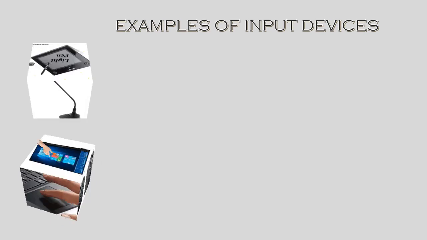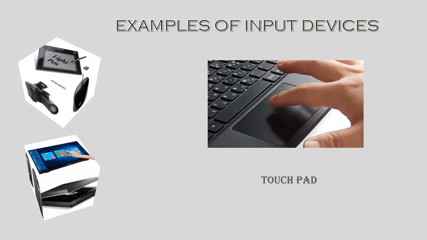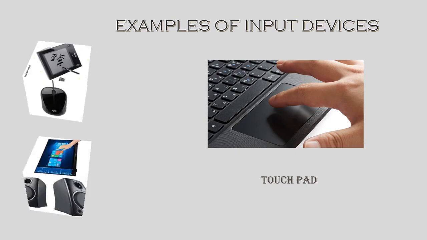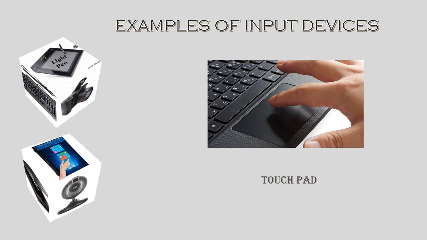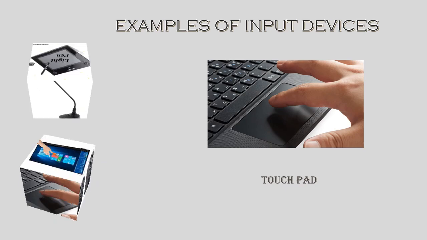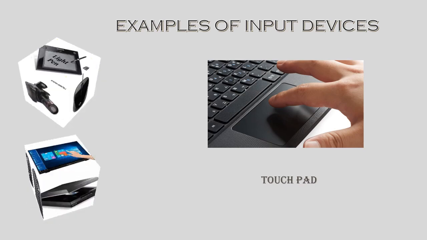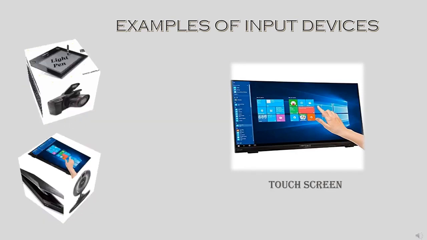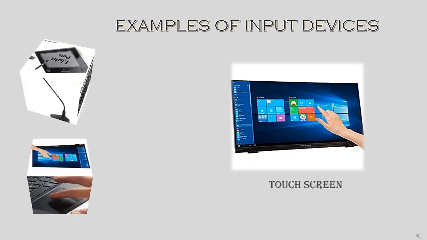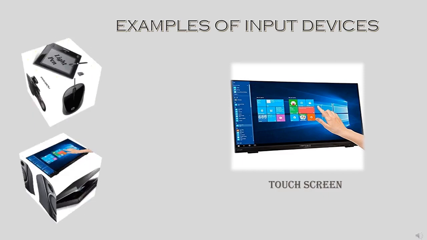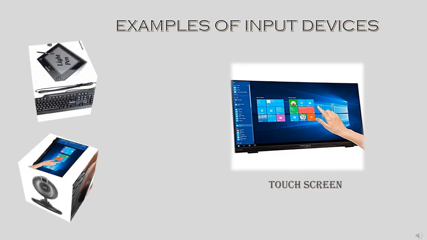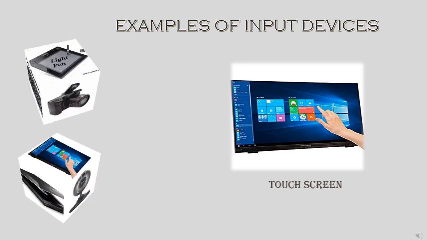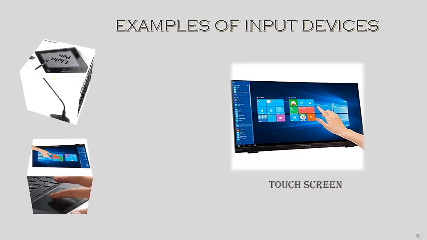The next input device is the touchpad. Have you seen this before? Yes, on your laptop. It is used in place of a mouse. It is a very sensitive pad and the function is exactly that of a mouse. Touchscreen. Touchscreen is a computer screen which is sensitive to touch. We can select the objects directly by touching it with our fingers. And I'm very sure you know how it is used as you are using your tabs, iPads, and your parents' mobile phones.